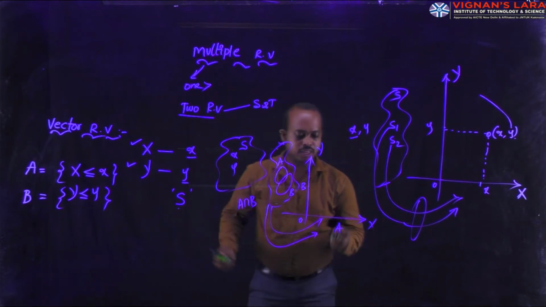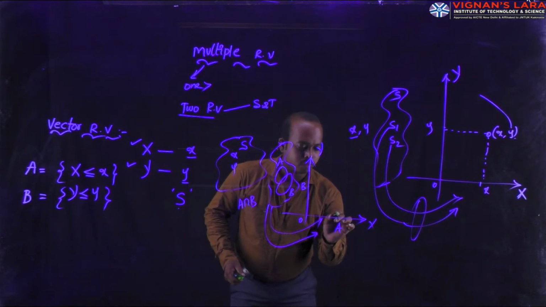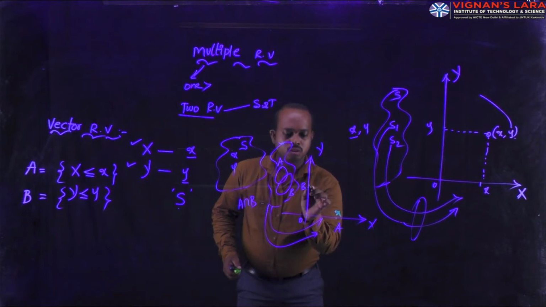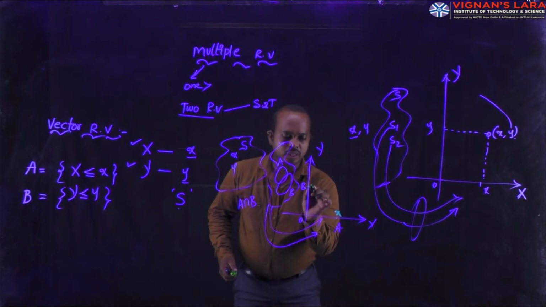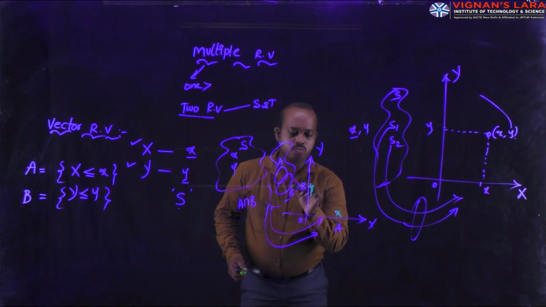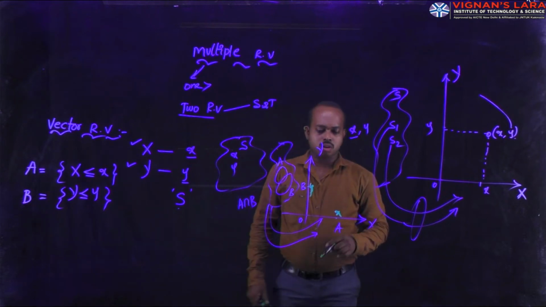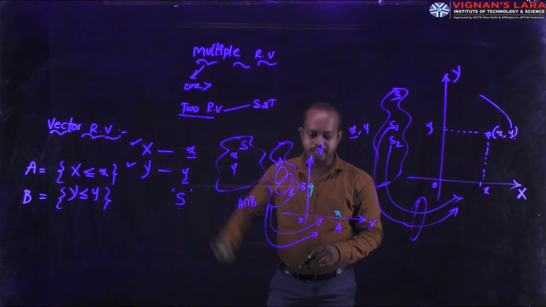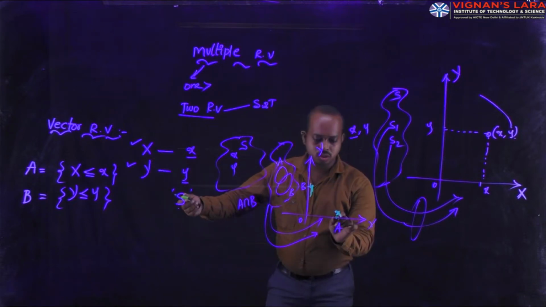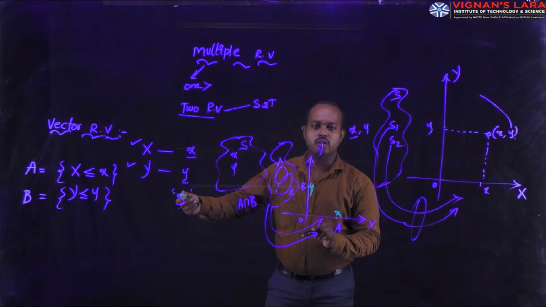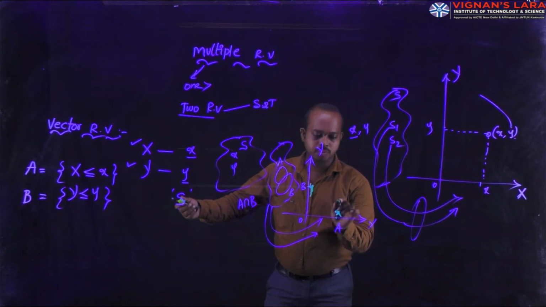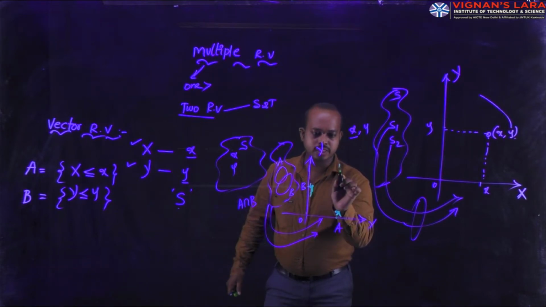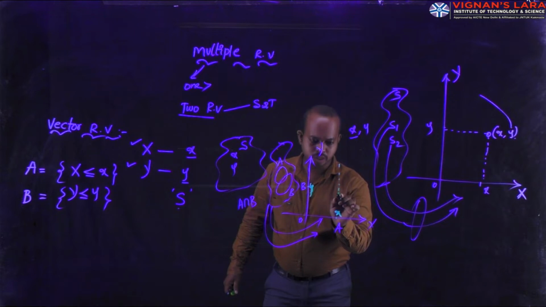Here I am taking the x quantity as small x on the horizontal axis. On the vertical axis I am taking y as small y. Now you can represent the condition of event A. Event A: X equal to small x means you can take a straight line at the x point,